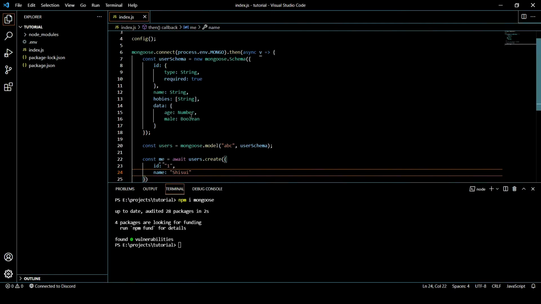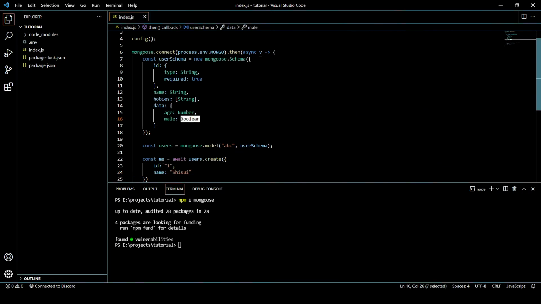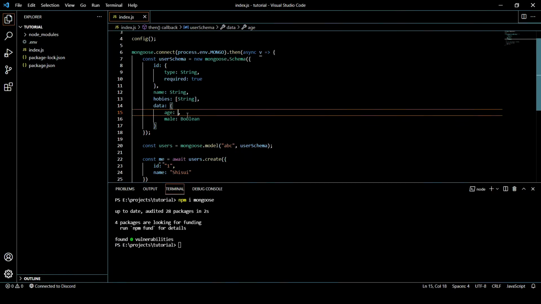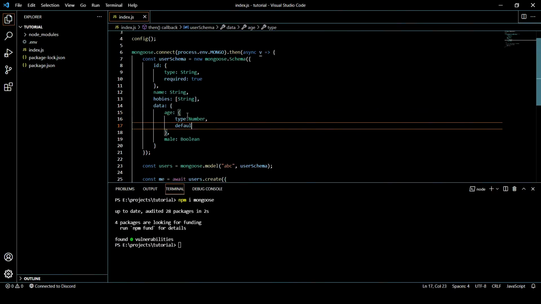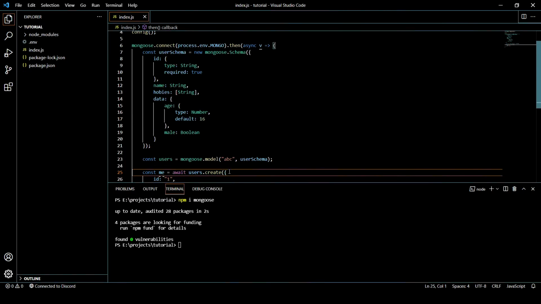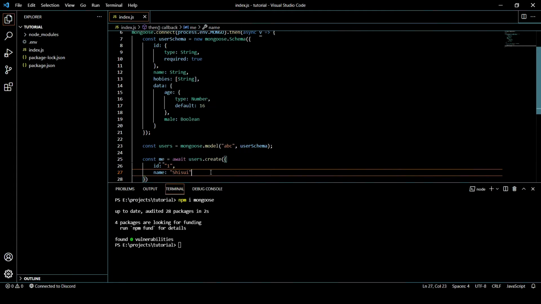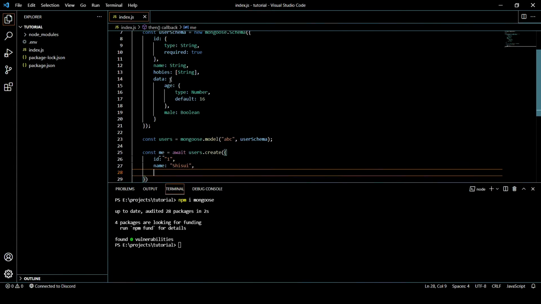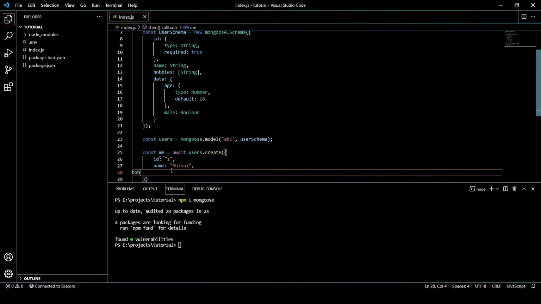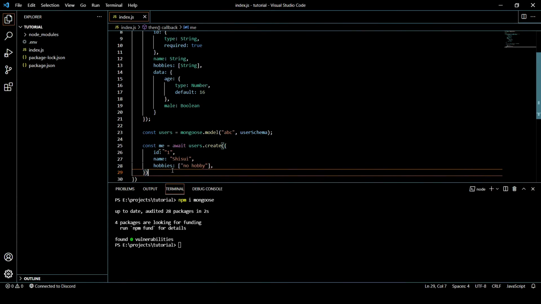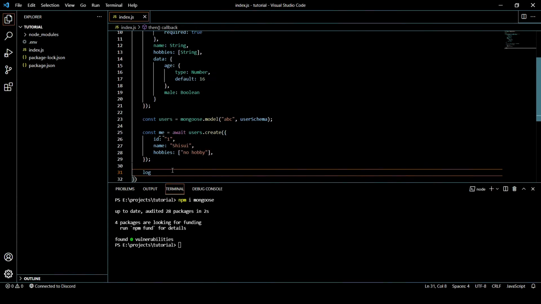And by the way guys, we can do one more thing, we can just do age. Instead of this, we can do type will be number, and we can add default values too, probably 16. So if we do id is this, name is this, let's add some hobbies. I don't really have some hobby, but let's just add something. And after this, let's just log this thing,